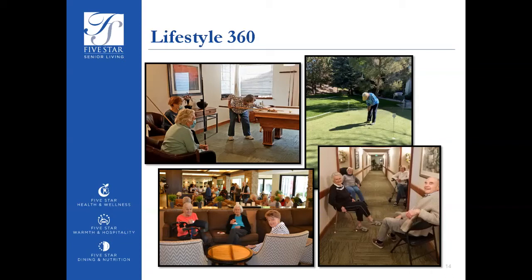Some quick photos of our residents enjoying their life here at 5 Star. Like I mentioned, we do want to keep our residents engaged and physically active. So we have several different clubs and activities going on. Some of these photos are from during COVID and some are before COVID, but you see people enjoying our piano